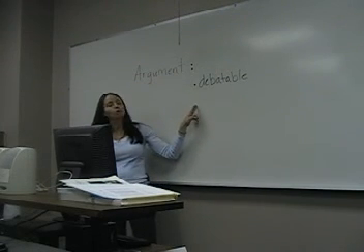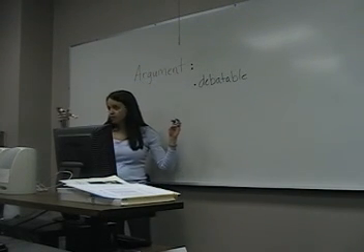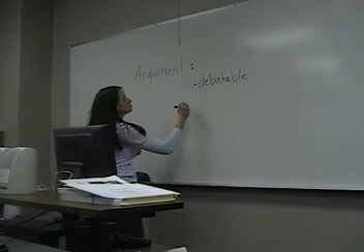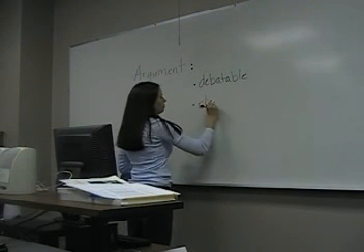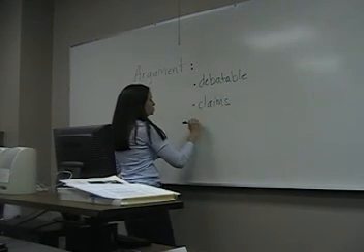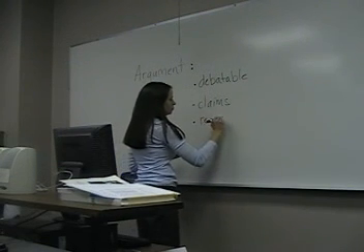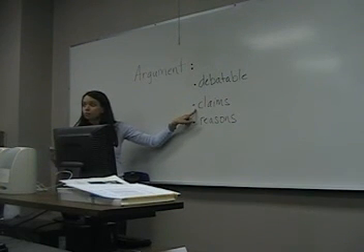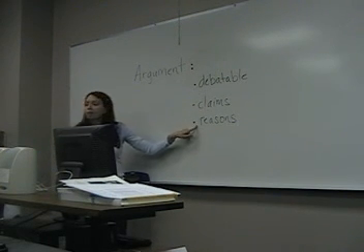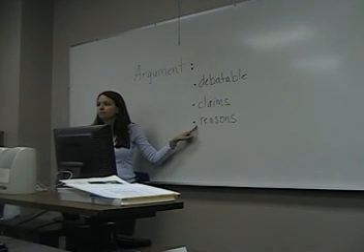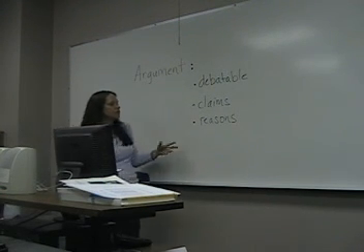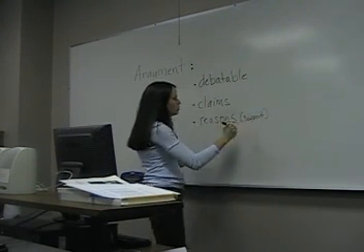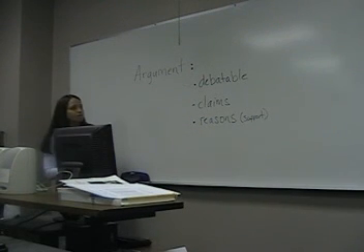so what else? How else could we define argument? Claims with reasoning. Like claims that have reasons. Claims and reasoning. Good. I'm going to put those as two separate ones. So we're making a claim or claims, maybe multiple, in our argument, and we're going to back them up with reasons. Reasons, we can also use that as support, to back up our claims.